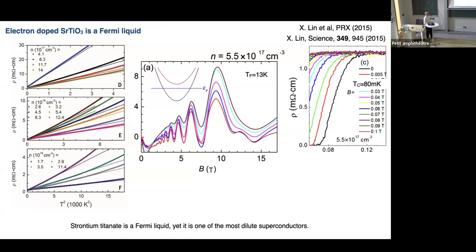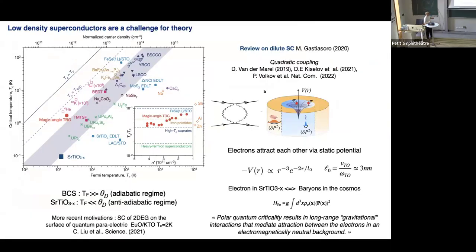So the case of STO is in a sense very interesting because we have a system which has a TC of 80 millikelvin, which is low, but the Fermi temperature is extremely low. Again, just to give a bit of perspective, here you have the critical temperature as a function of the Fermi temperature. You have many systems. Cuprates are somewhere here, but STO is special because you are in this corner here. So you have a system which has a low TC, but also a low